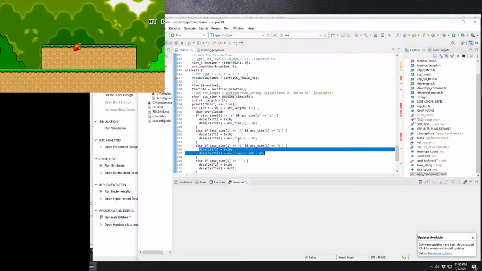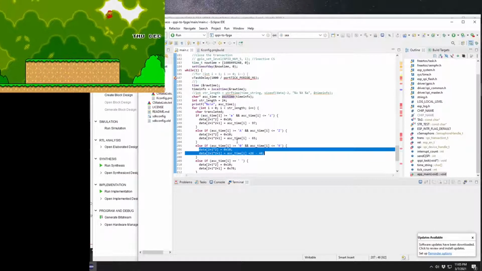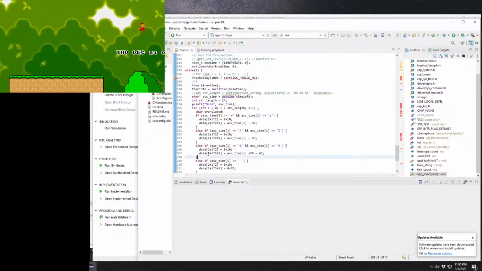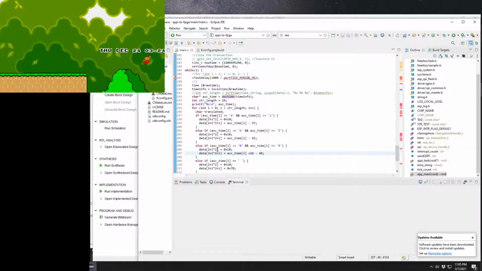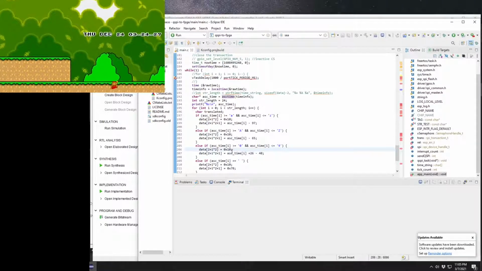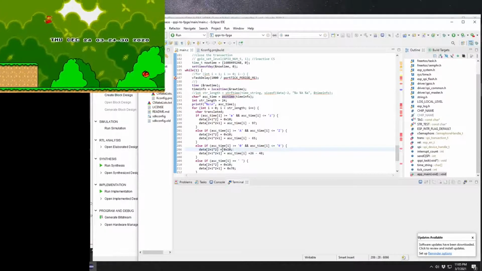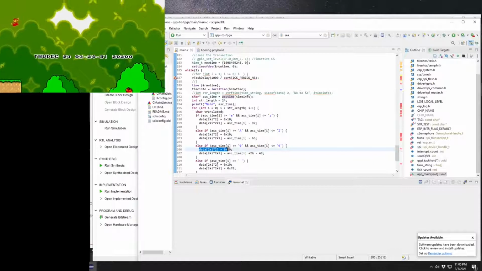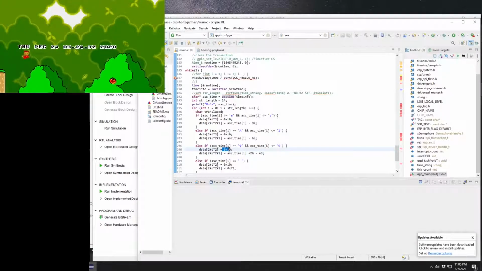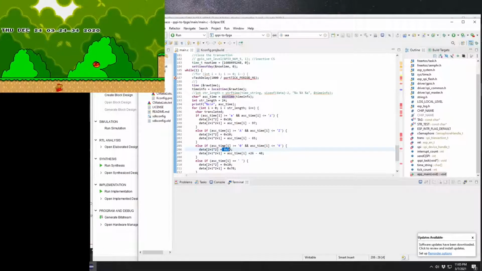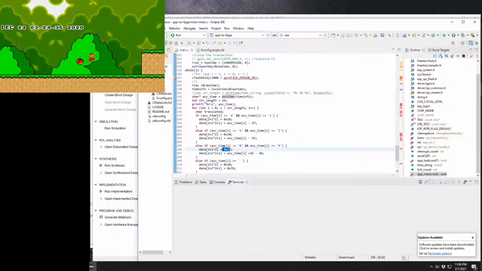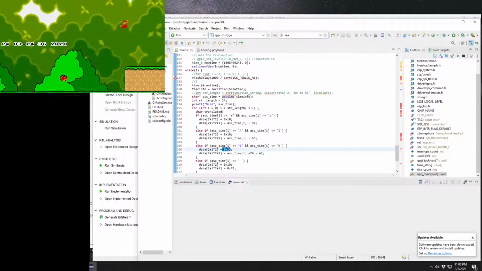The last 9 bits, so the second byte and the last bit of the first byte, are used to denote which tile should be used, and then the first 7 bits up front are for the